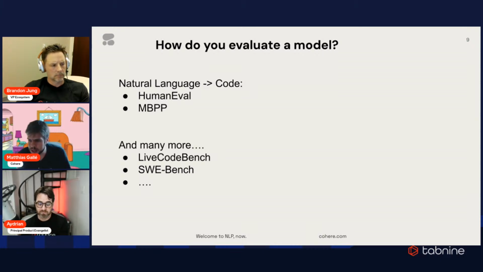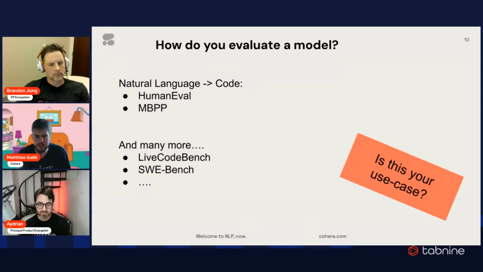Now, none of them might really be exactly your use case. And Brandon mentioned this. I think one of the things that we love from working with Tabnine is that we are very well aligned on our values, what we want to bring to the economy and to the users. And one of those things is that we really want to solve problems which real people have.